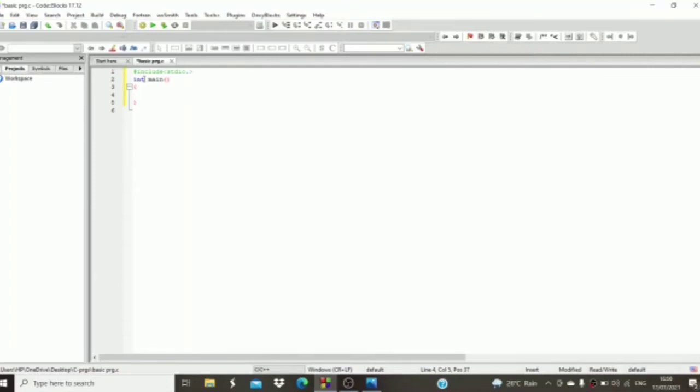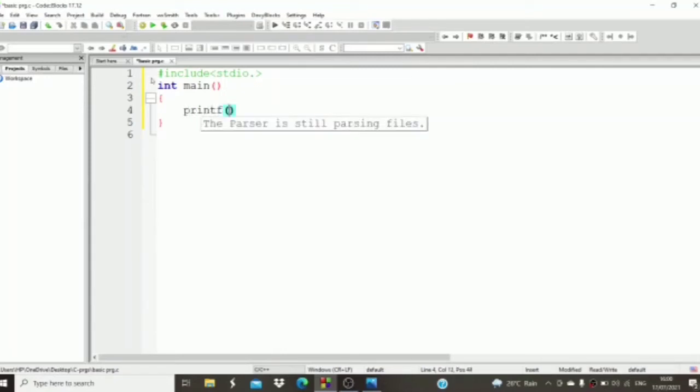This is the important thing about saving the program, because if we didn't save it then we won't get both the curly open and close. If I had saved it, then automatically I get both. Next printf. Inside printf, in double quotes, let us write hello world. After writing this we have to give the semicolon. So now the program is completed. If I didn't give the semicolon, then we will get an error message.